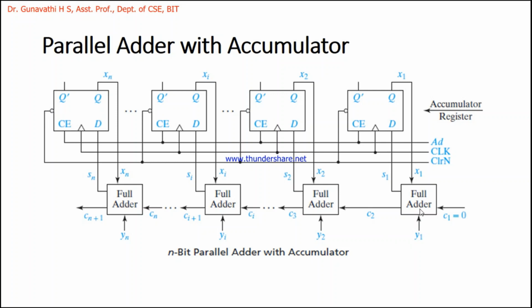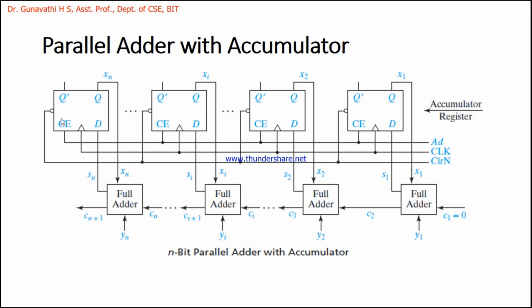So we'll not go into that now. We'll just discuss this parallel adder with accumulator, how we are doing it. The explanation so far was just to make you understand what an accumulator is and how we do the addition in an ALU. So what is the use of a full adder? That's it. Now we'll look into how we are going to perform this.